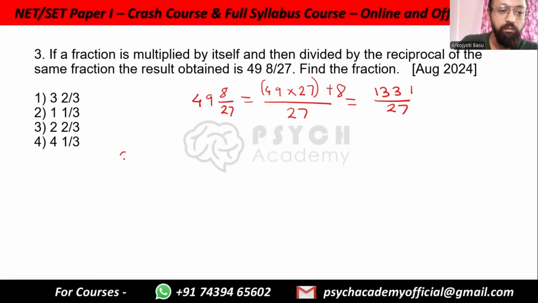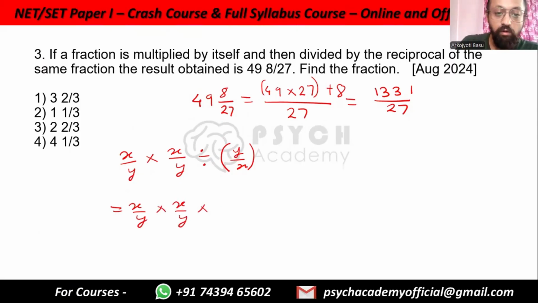let the fraction be x by y. It is multiplied by itself and then divided by the reciprocal of the same fraction. The reciprocal of x by y is y by x, which means x by y into x by y into, we again invert this, x by y, is equal to x cube by y cube, which is the result obtained, 49 8 by 27, that is